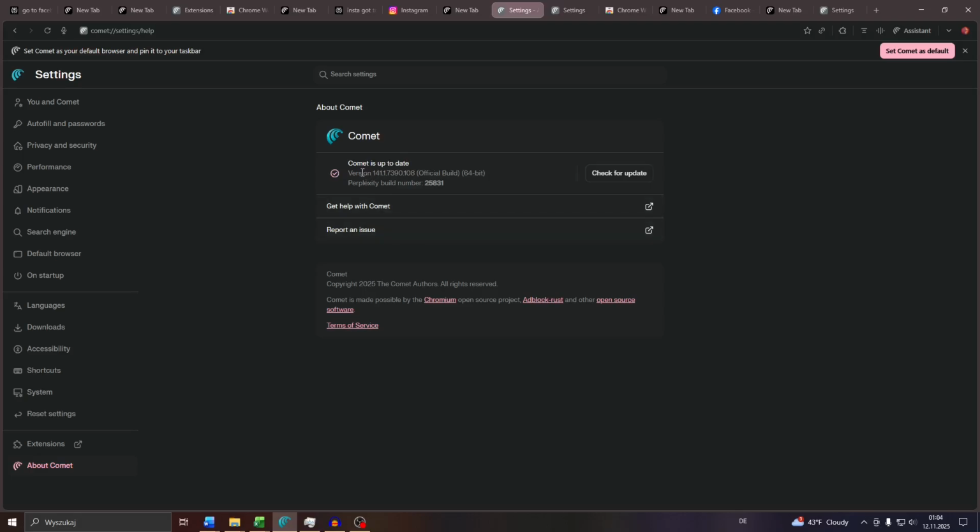Comet will after that perform a short update check and look if there are any newer versions available online to download and install. And if there are none, you will see that checkmark button here that your version is up to date, guys. And if not, Comet AI will give you, or that button will change into download and install so that you may update the browser to its newest version. After that, relaunch it and that should